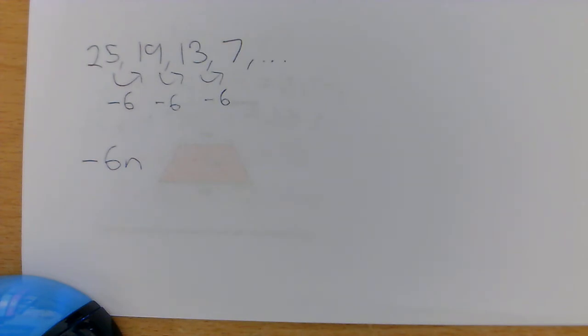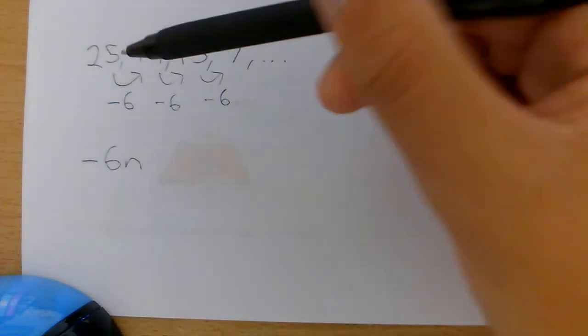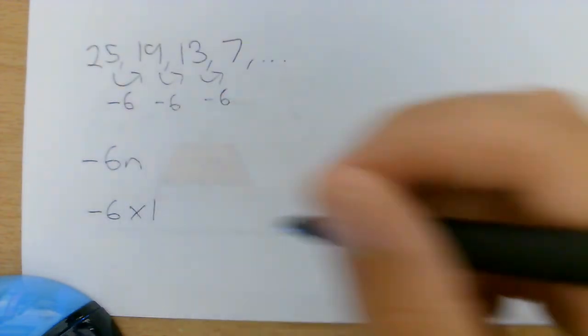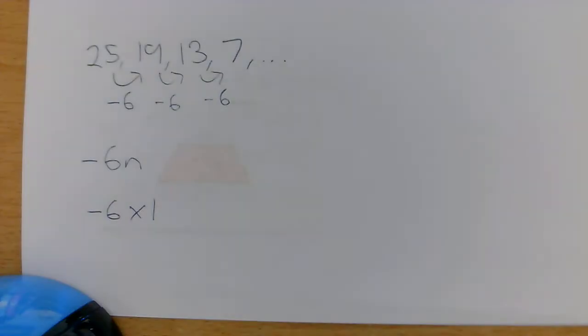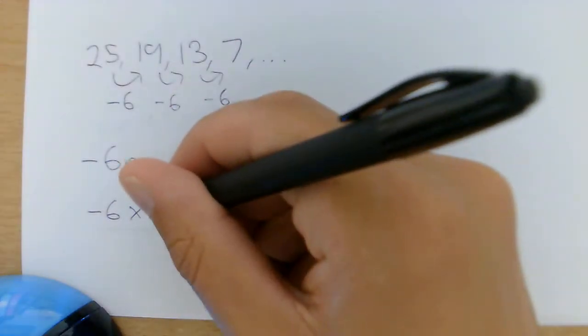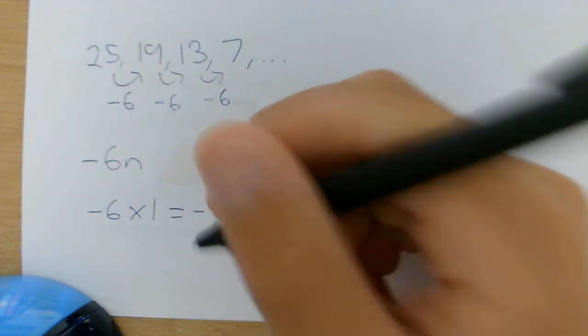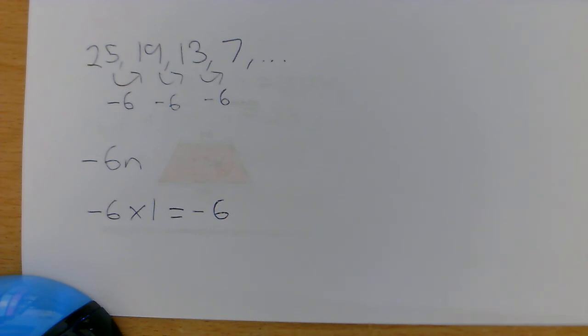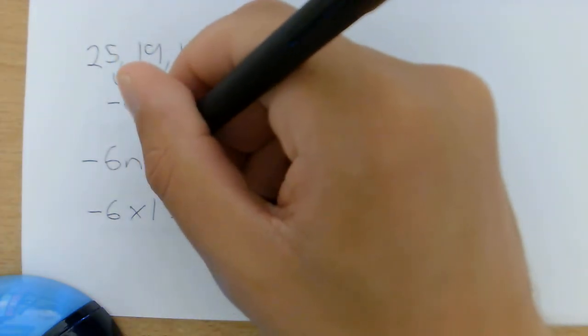Because we're going down each time, we've got to put this minus in here, we've got minus 6n. Now if we look at our first term, it's 25, well let's do minus 6 times 1, and then we've got to add something on to give us 25. So minus 6 times 1 just gives us minus 6. Well, what do we need to add on to minus 6 to give us 25? Well, the answer to that is